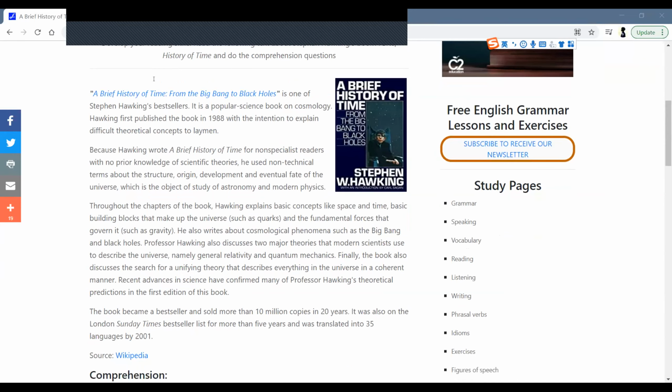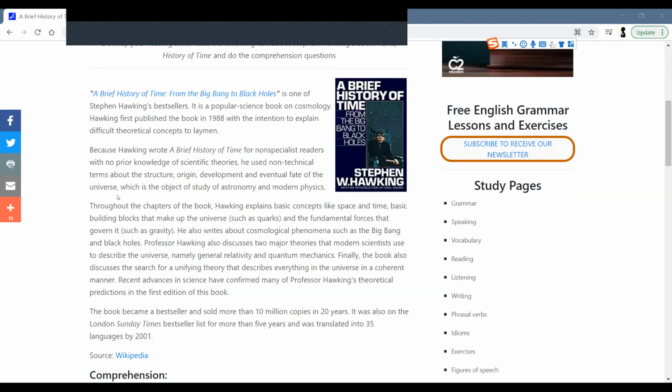astronomy and modern physics. Throughout the chapters of the book, Hawking explains basic concepts like space and time, basic building blocks that make up the universe, such as quarks, and the fundamental forces that govern it, such as gravity. He also writes about cosmological phenomena such as the Big Bang and black holes. Professor Hawking also discusses two major theories that modern scientists use to describe the universe, namely general relativity and quantum mechanics. Finally, the book also discusses the search for a unifying theory that describes everything in the universe in a